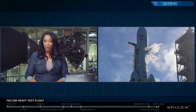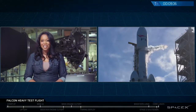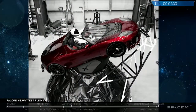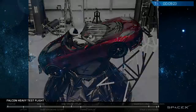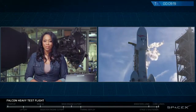And as many of you already know, we have opted to have a little fun with our mass simulator. Stacked inside the fairing is Elon's cherry red Tesla Roadster, and inside of it, a passenger. His name is Starman, but don't worry, he's not human. But he is donning the SpaceX-designed spacesuit that our human astronauts will be wearing on Crew Dragon. And if all goes well today, we hope to get some live views of it as it makes its way